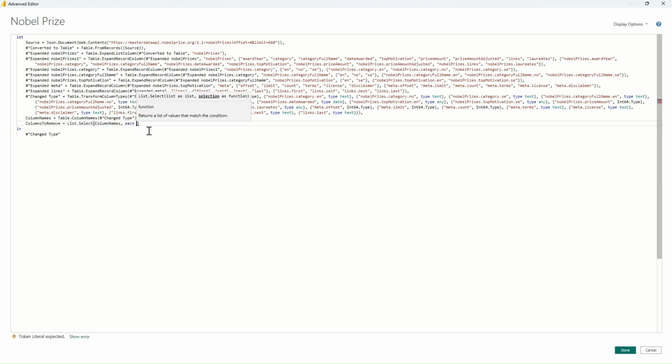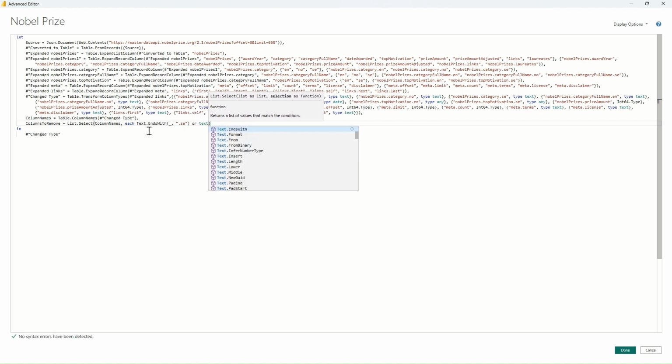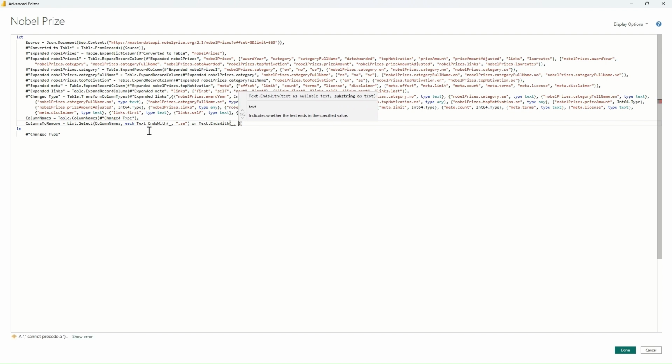And then for each text that ends with, now we need to first give what is the text. So we need to give the current text. That's why I'm giving an underscore value. And then the first condition is that it ends with .se, or Text.EndsWith, again the current value, that ends with .no,